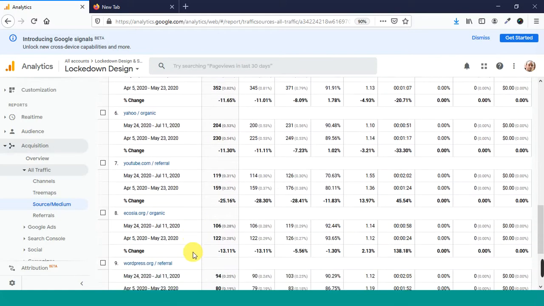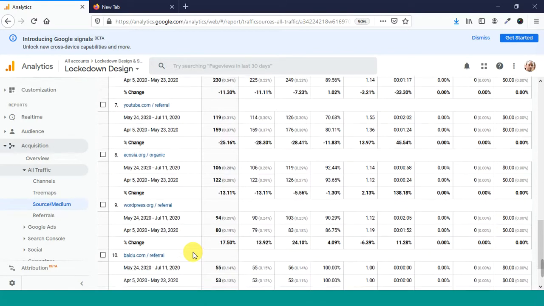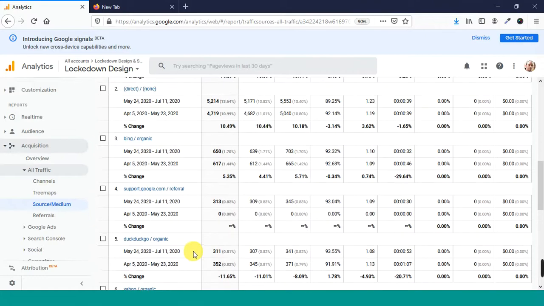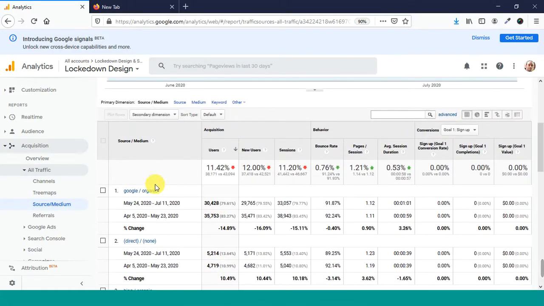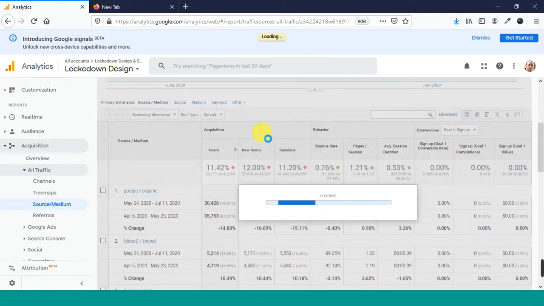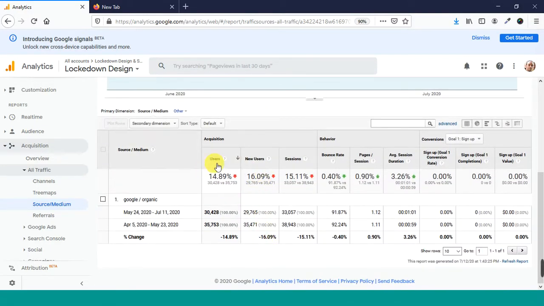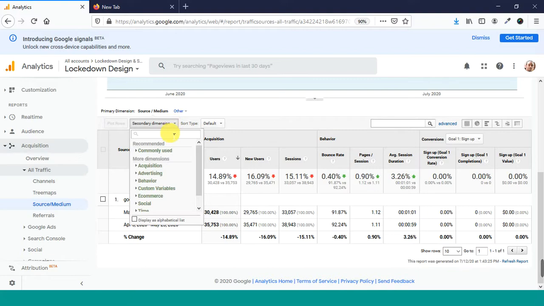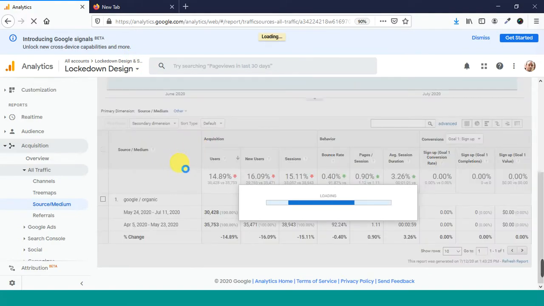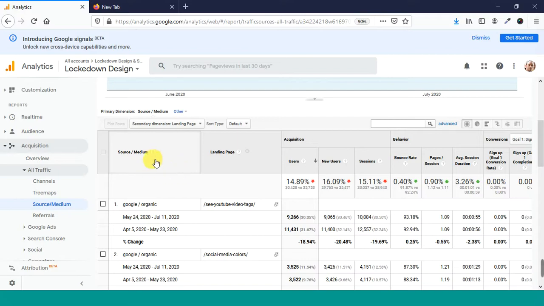So anytime that you want to look at this stuff, you can see where all your traffic is actually coming from. But let's look at Google Organic. So then you could do this secondary dimension, and what you're going to want to look for is landing page. Now that's a page that they came in on your website. So that's the secondary dimension. So you'll see here that for Google Organic,